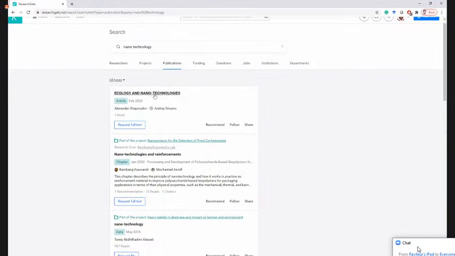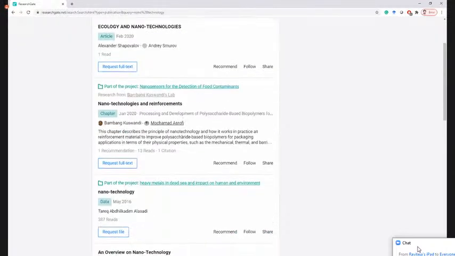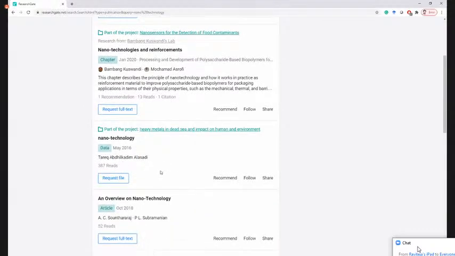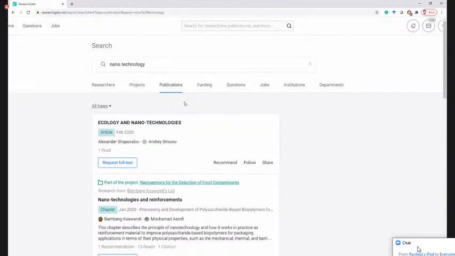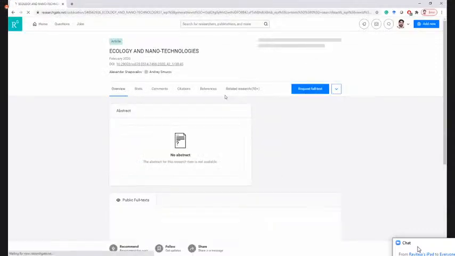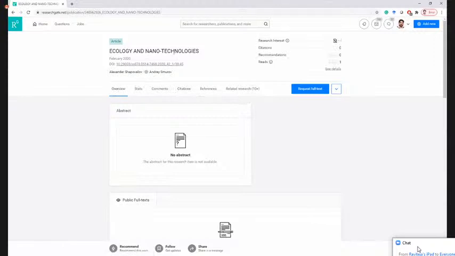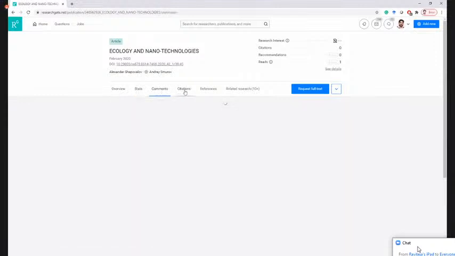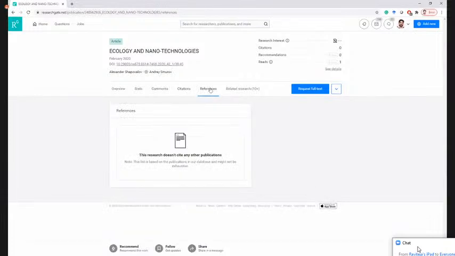Suppose you get ecology and nanotechnology, which is interdisciplinary, and some article done by Alexander Shapovalov, maybe a Russian scholar. Like that, we have lots of material. Sometimes in ResearchGate you can find books and project reports also, but mostly articles, though any form of publication you can find. When you come across a work and click on it, there will be an overview, statistics, comments, and a column called citation and references. If you want to get the citation to use that work in your upcoming work,